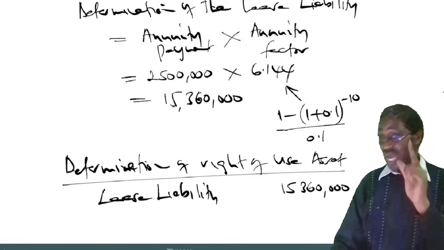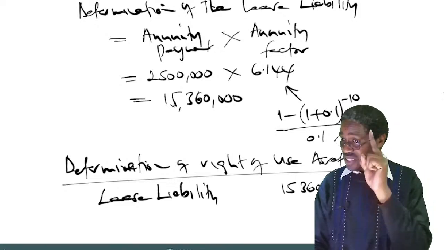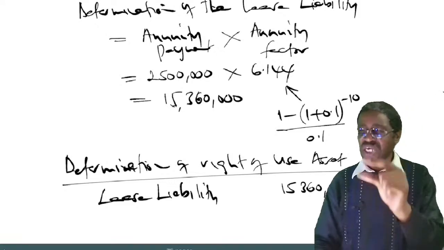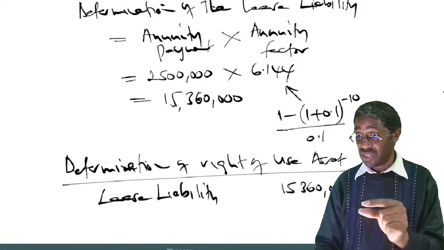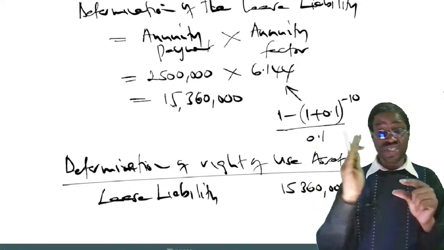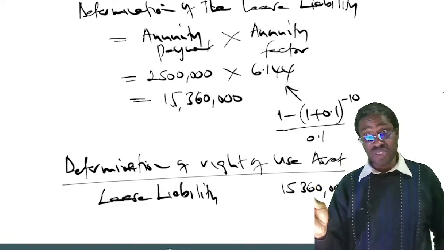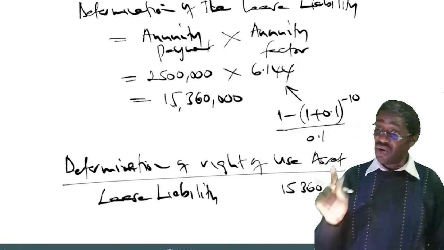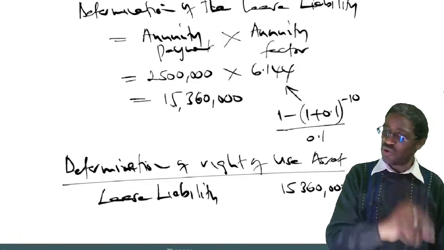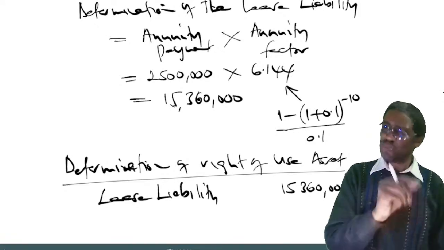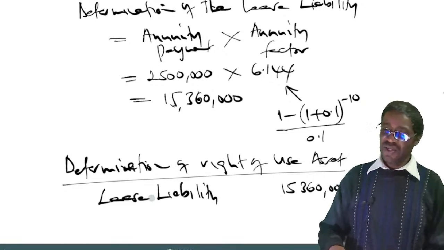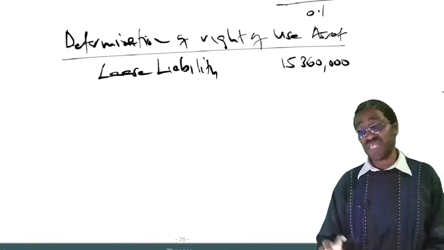Good. It is important that you know that if we were paying our installments in advance, then you don't get the present value of the 10 installments. You get the present value of the 9 installments. So in your power n, it would be 9, not 10, because the first one is not part of the future payment. It's already paid. Hope you are getting my point. Good. Now we continue.